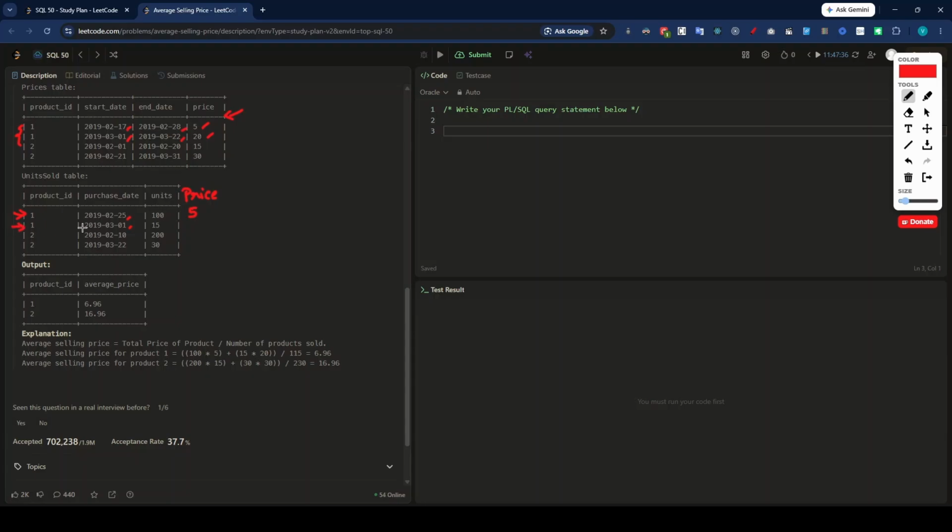So for this product ID, on this date, my price was 20. And then what is the next record? That is product ID 2. The purchase date was the 10th, sold or purchased on 10th Feb. And if you see where 10th Feb is coming, for the second record,